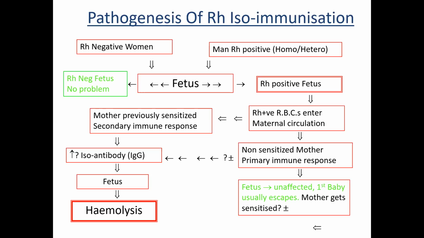So at the time of delivery, the whole pregnancy is normal. There is no chance if there is no maternal hemorrhage, fetal-maternal hemorrhage. So there is no chance of mixing of the blood. Okay, so the mother was not sensitized. Now at the time of delivery, what happened? The mother got sensitized. So the first baby is delivered. There is no complication in the first baby. But for the second baby, now the mother is sensitized. So a secondary immune response is there. Isoantibodies are produced by the mother for the second baby, creating the hemolysis condition.